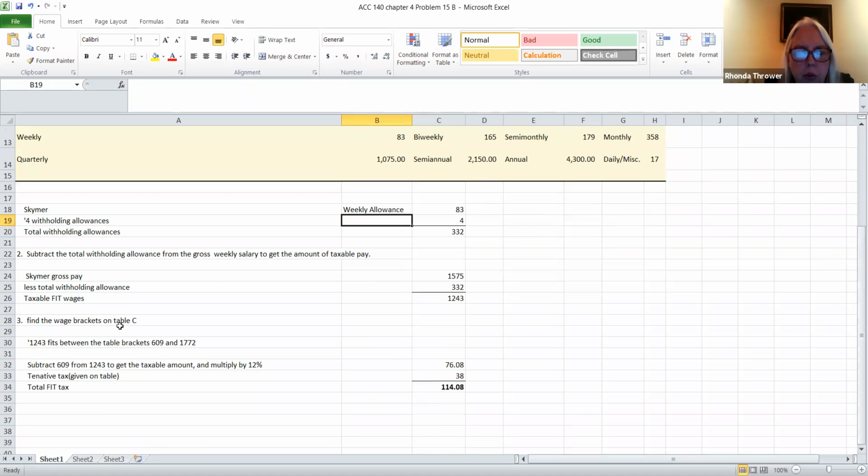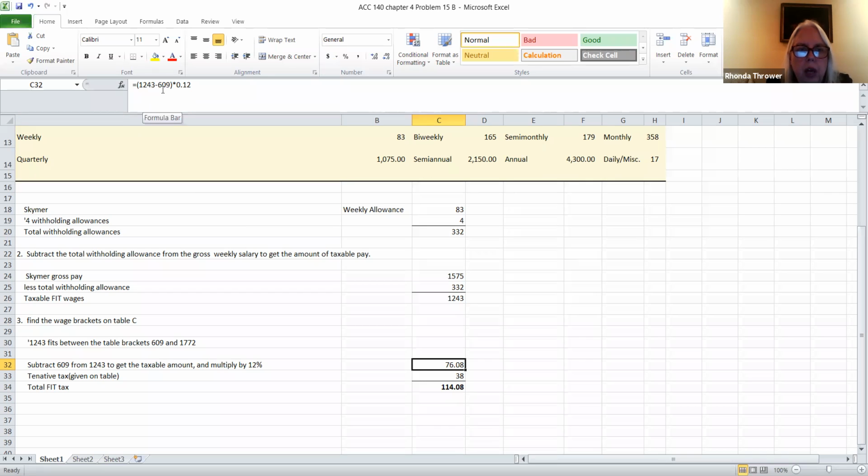So we went to the tax table C, and it fits between 609 and 1772. So this is what you got to do. Since it fits between 609 and the taxes have already been figured on $609, the $38 that we've got here, you've got to subtract 609 from the taxable amount of $1243 to get a new taxable amount at 12%, because that was the bracket that he fell in between these two items. Here is the 12% bracket. So what I did is I took 1243 and I subtracted 609 from it, and then I multiplied the remainder by 12%, and that will give you